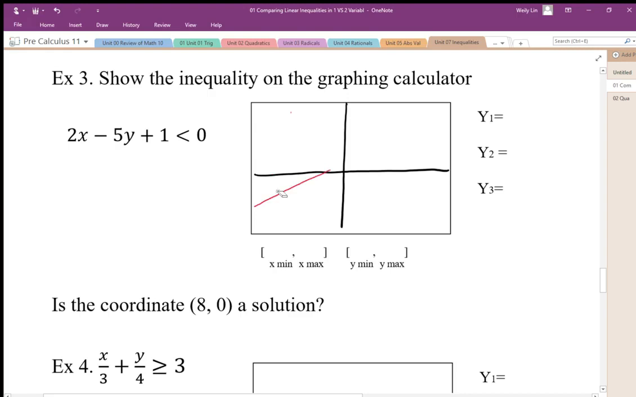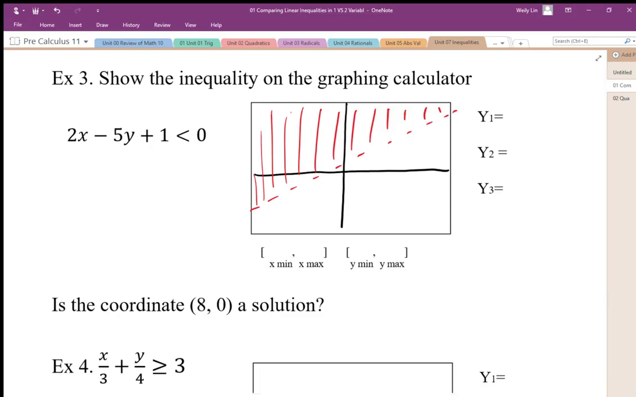Oops, it's not equal to, so I need to show it as a dotted line. And then I'm shading in this portion of the graph. That means that all the points in that red region must satisfy the inequality. So this point 0, 0, that's our test point, because 0, 0 is a really easy coordinate to test. So when I do my test point here,